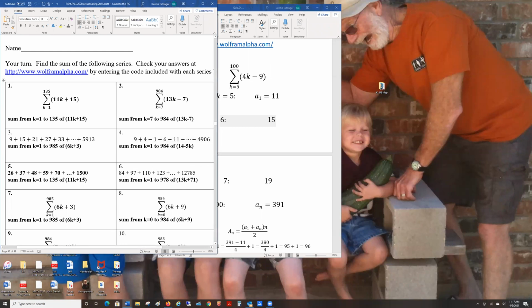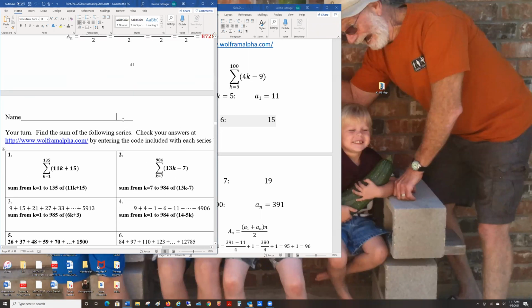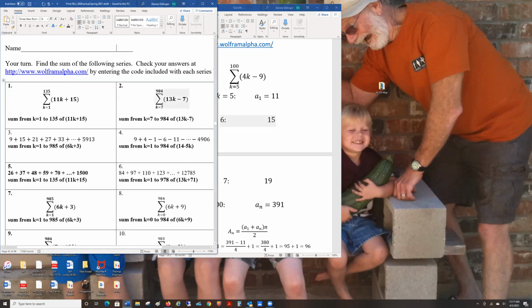Well, here is an example right here on page 42. There's a bunch of examples. Wherever there's a sigma, it says sum from k equals 7. It says that for number 2. But for our problem here,